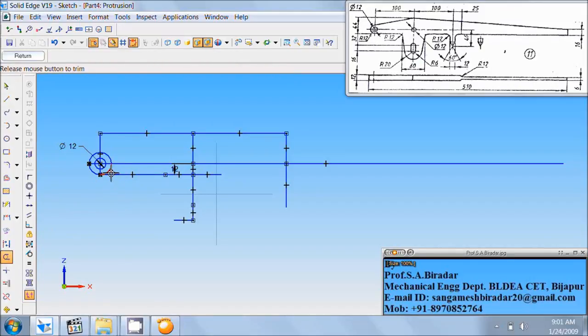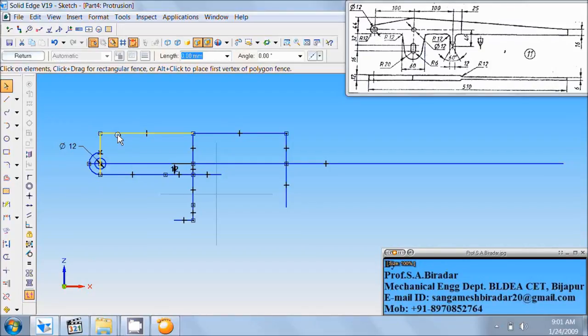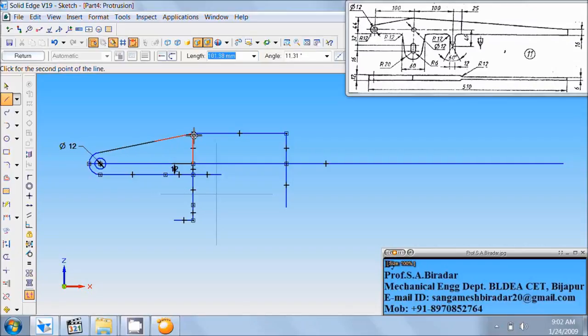Trim this much portion of the circle and then use select tool. Select and delete these two lines. Use line command. Connect from this end to this end any length and any inclination in this fashion. Right click of the mouse.